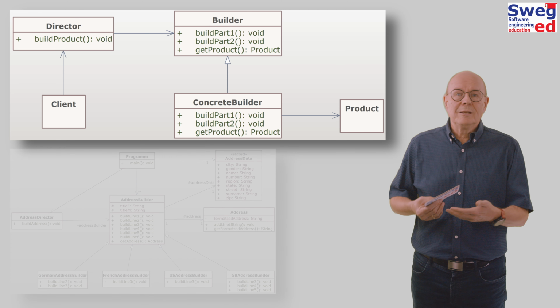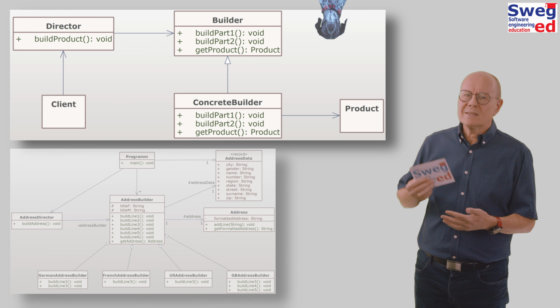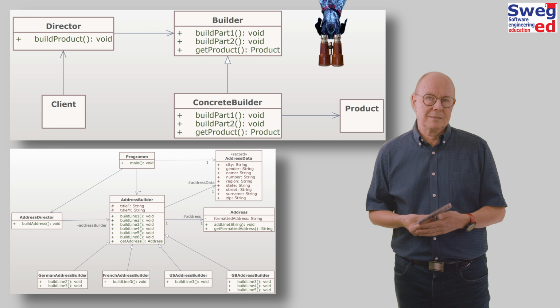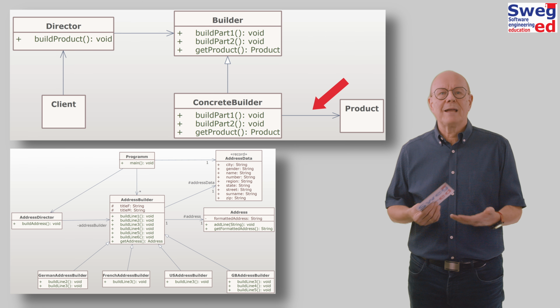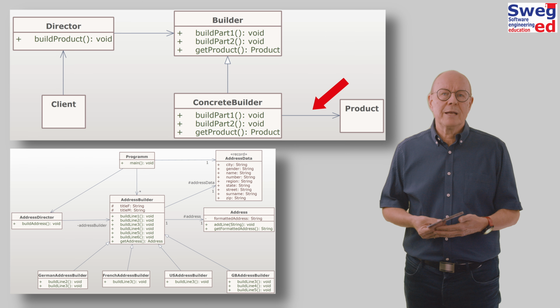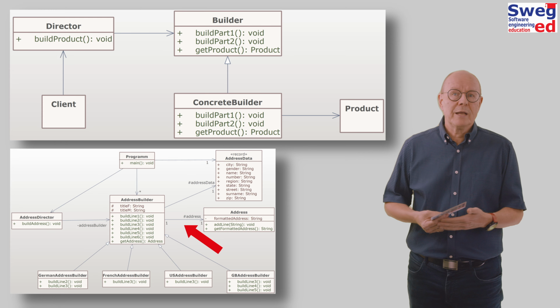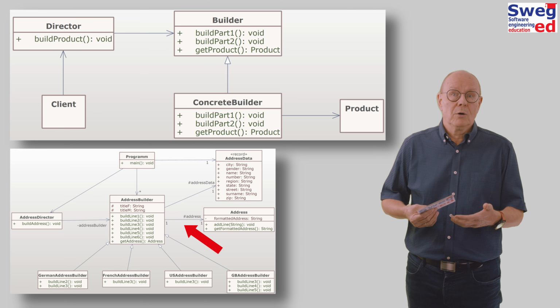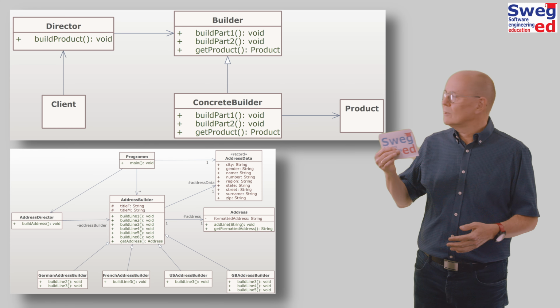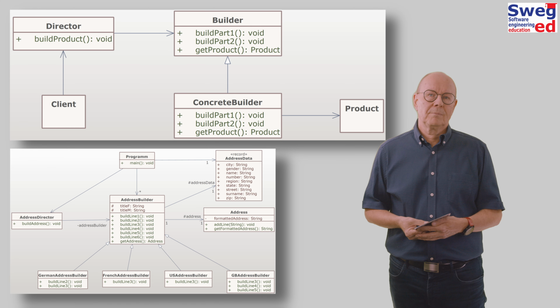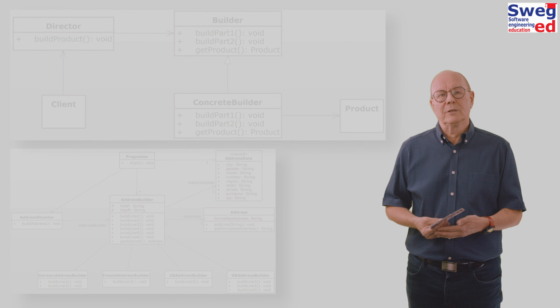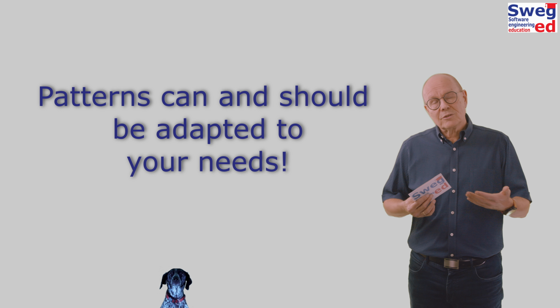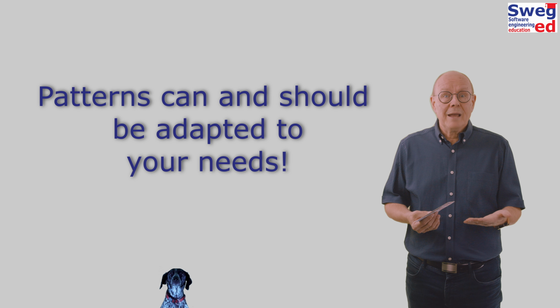If you look closely, you see our example is a bit different from the classic pattern. In the general case, the concrete builder has a direct connection to the product. In our code, the parent class address builder has the connection to the address, our product, not just the child classes. That's because in our example only the string formatting is different. This shows patterns can and should be